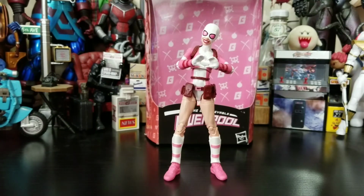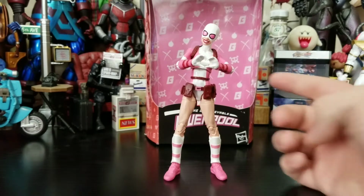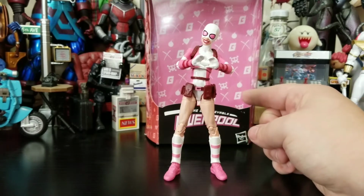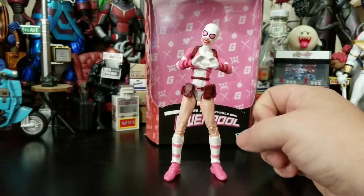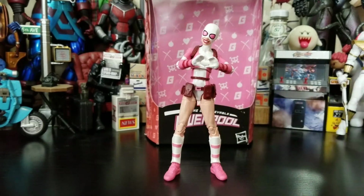All right, here we go. We got Gwenpool looking fantastic out of the package. I love the little holding the hands in a heart shape. As you can see, she does have that really cool background in her package there. It looks really awesome. And she comes with a buttload of accessories, starting with the Build-A-Figure piece,